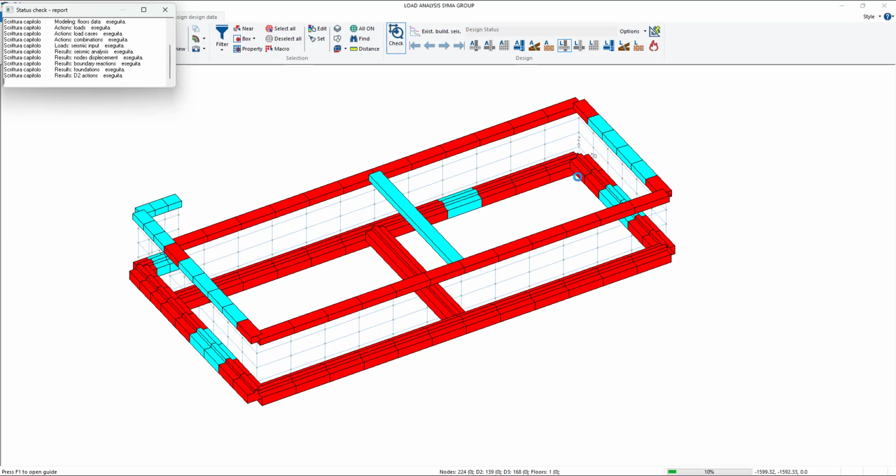And note that this report does not include check results about the foundations that we generated instead with the geotechnical module. So in the end, you have to merge the two different reports into a unique one.